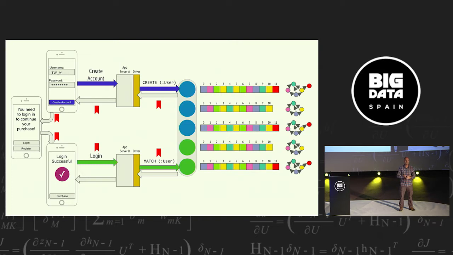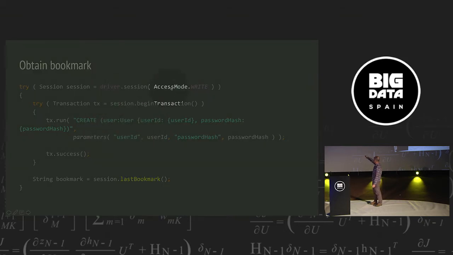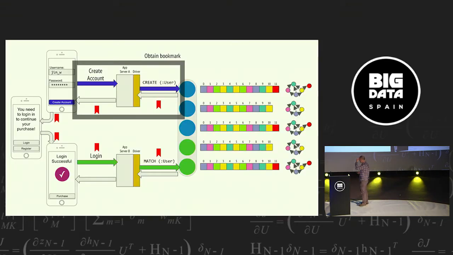From your point of view as people who are charged with delivering systems, using this idiom, this abstraction, means that you have to worry about your domain problems, not how long do I thread.sleep for. So if you want to do this, it's very, very easy. You open a session as per usual. When you run your transaction, you can ask for its last bookmark, which will be, in this case, the results of running this transaction. And then you can use that bookmark, round trip it through your client, whatever, store it in your mid-tier, please don't. As long as you present it back to the database next time around, then you're going to get this wonderful no back in time